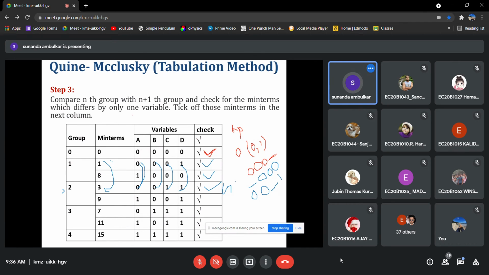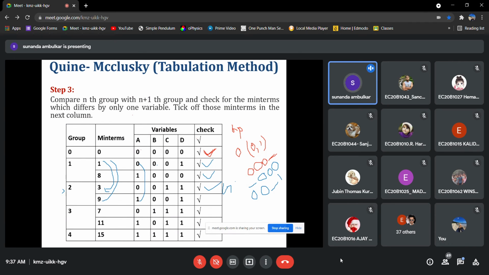Again, we have 1. We will check 1 and 9. So we'll see 1 and 9. 0, 1.